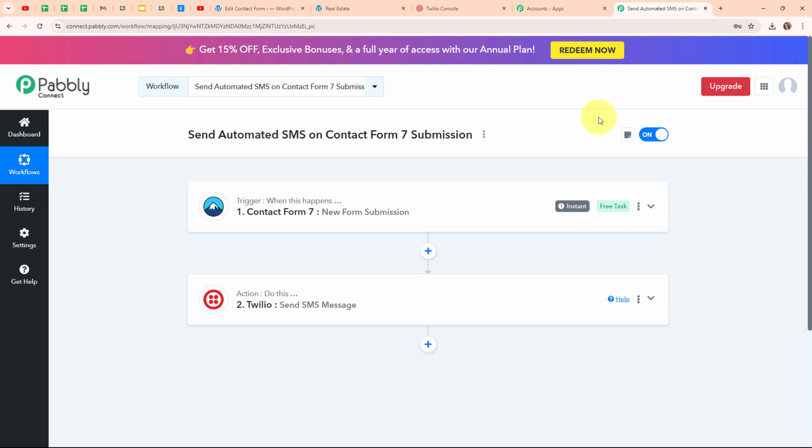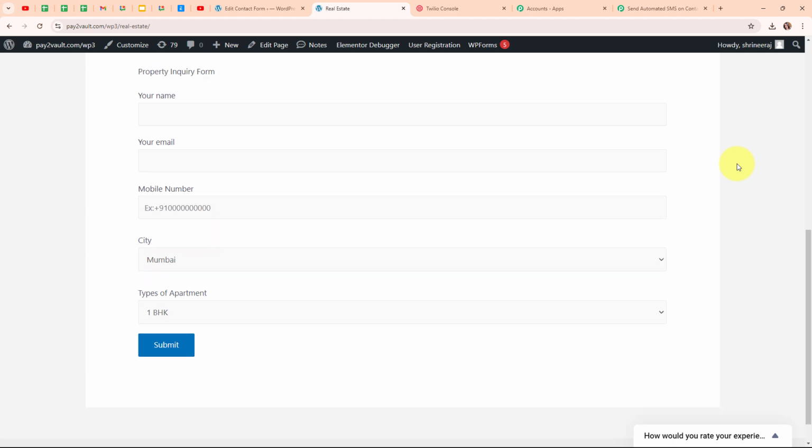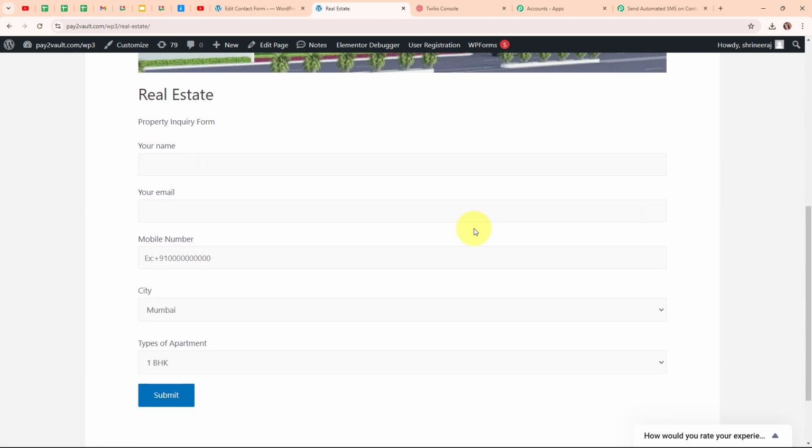So to test our automation, we are going to make a new form submission in our Contact Form 7. And for that, let me take you back to my form. So here I'm going to refresh my window. And now here I'm going to enter another dummy data and do a test submission. So here for the name, I'm going to enter the name as test lead. Here for the email, I'm going to enter the email as